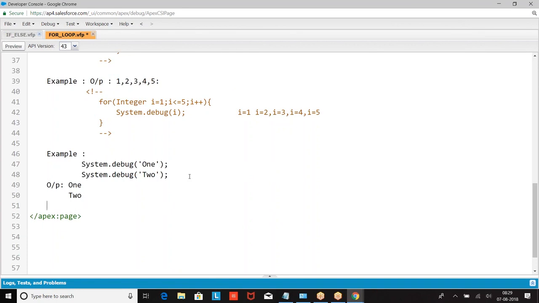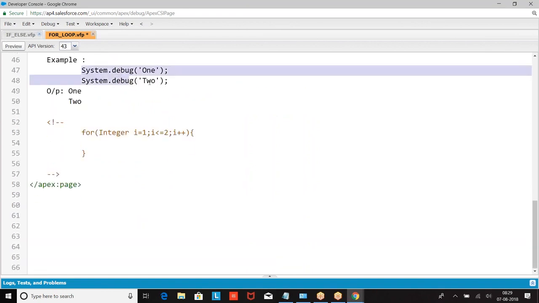Same thing if I'm writing for integer i equal to 1, i less than or equal to 2, in a for loop.